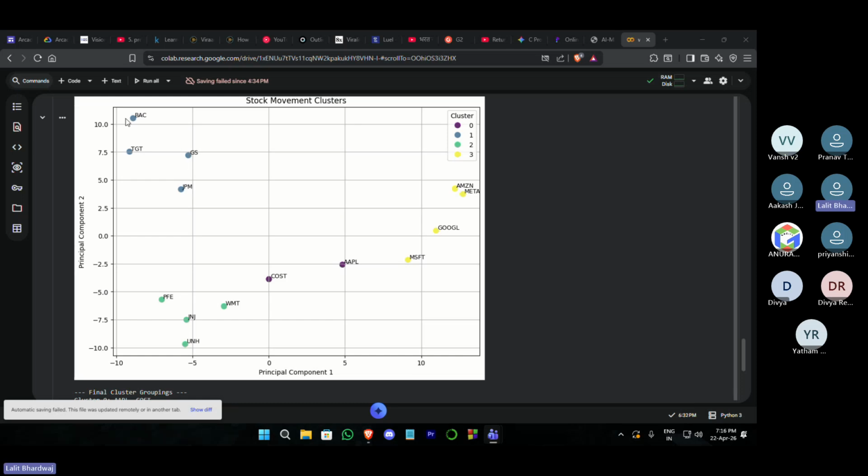Like these four have some similar features, and these four, these two, and these three. If you look closely at the plot, you will see that companies from similar industries